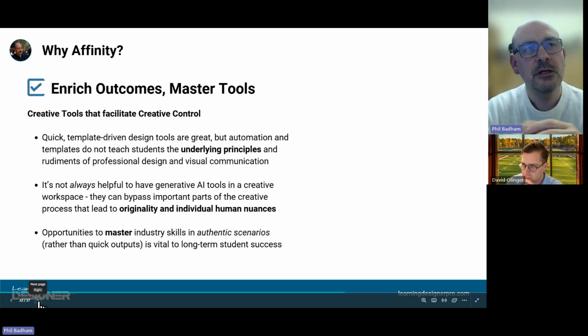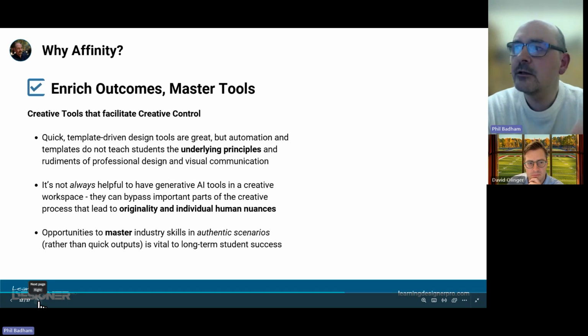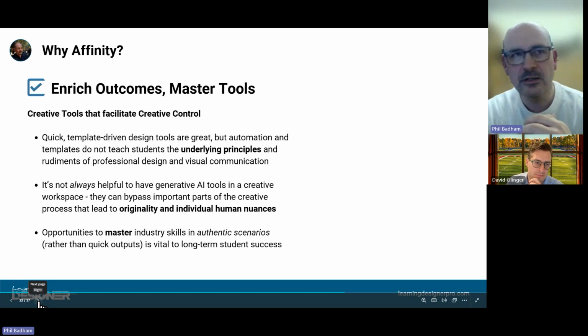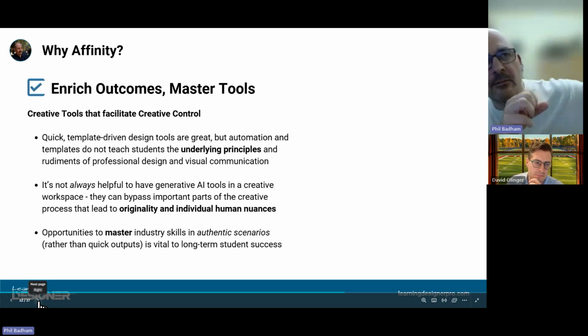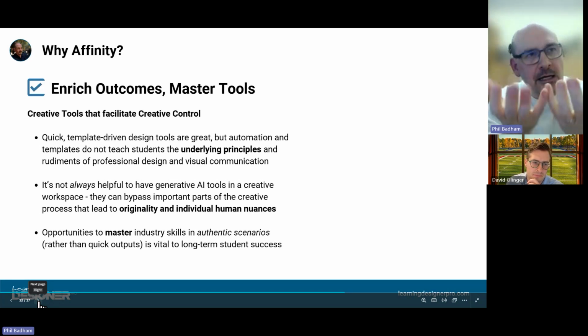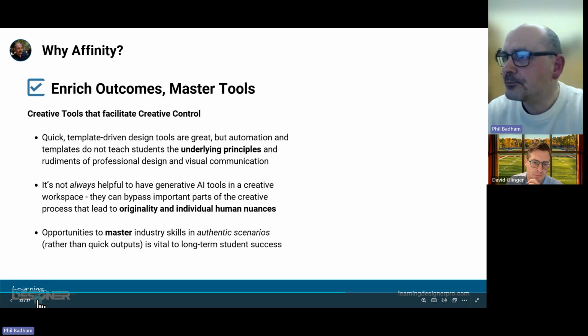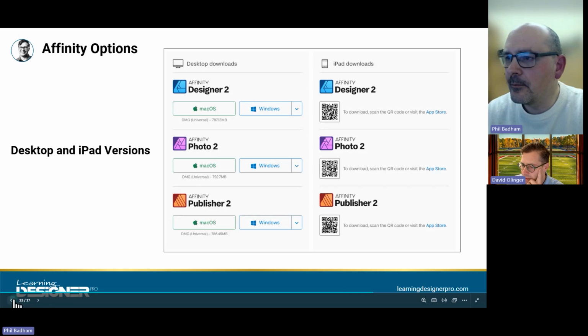You're only as good as the tools that you can use, but you can learn your trade through Publisher. You can learn design, you can learn layout, you can learn what works and what doesn't. It's not too tempting to pull in a bit of a template or use a bit of AI. It's that pure manual control that you've got there. And Phil, one thing I'd love to point out is that,